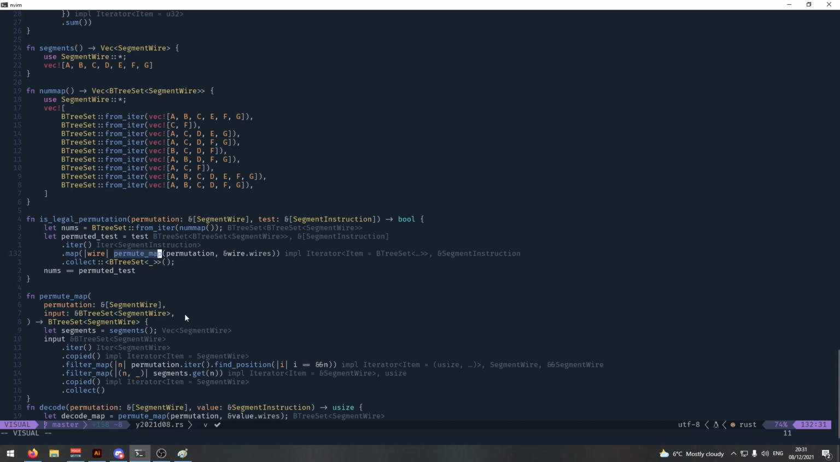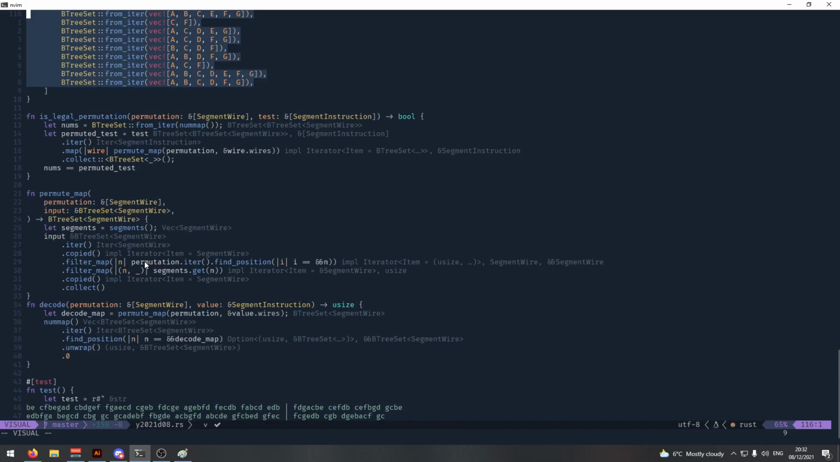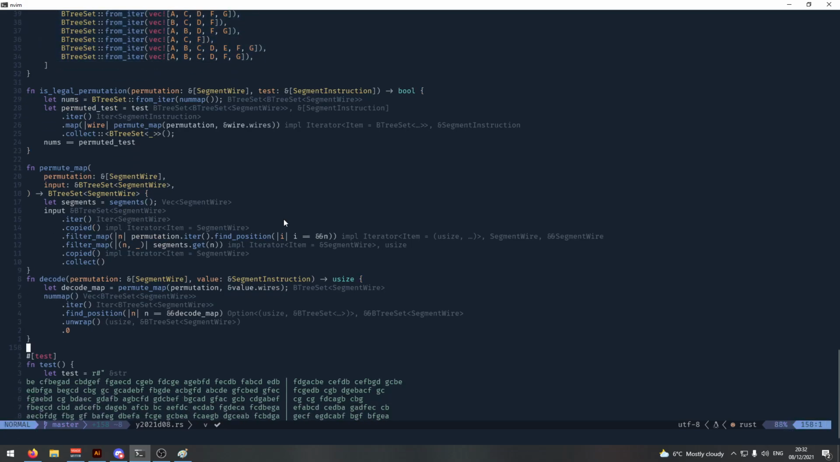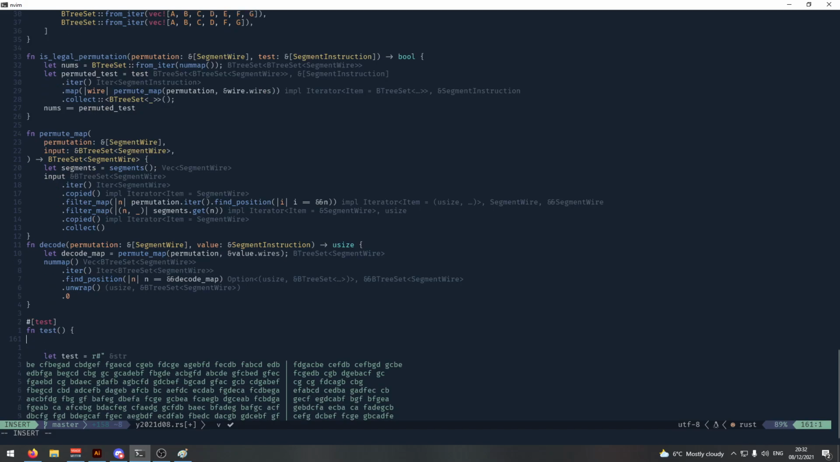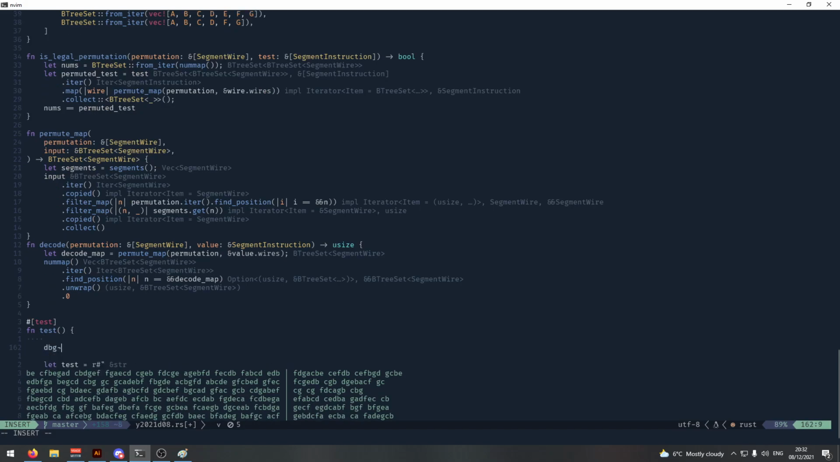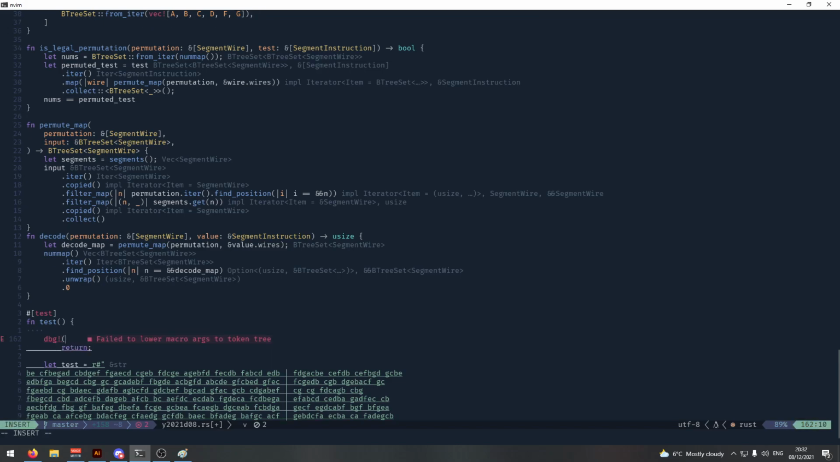The goal is for every value in our test to be mapped to a unique value in here under some permutation. We just need to find out what that permutation is. So it is the permute map that must be wrong. Let's just test permute map individually. So if I were to say debug, and then we'll return immediately after that. Debug permutation is